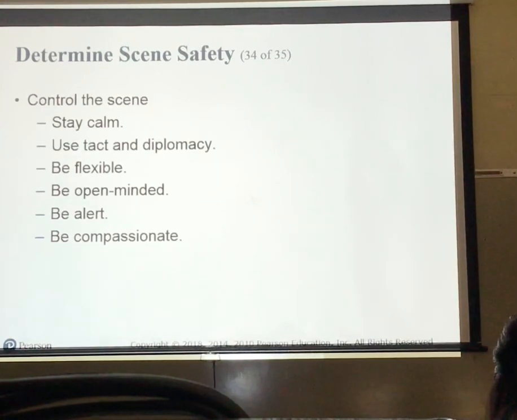Use tact and diplomacy. This is the hardest thing for me. A compassionate and understanding tone may produce more positive results than a harsh, demanding one. Yeah. I don't think these people have ever been in emails. Ever. Have a plan to deal with the situation you are facing, but remain ready to shift plans to plan B, C, or D if conditions indicate.